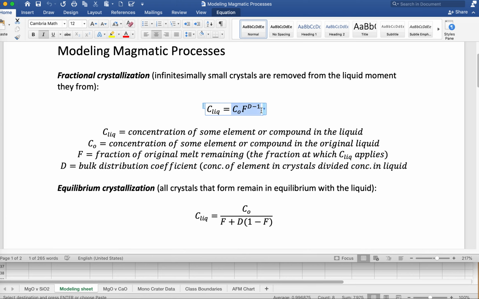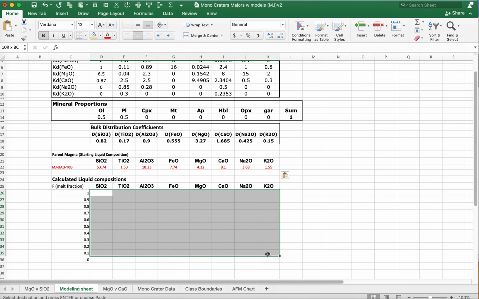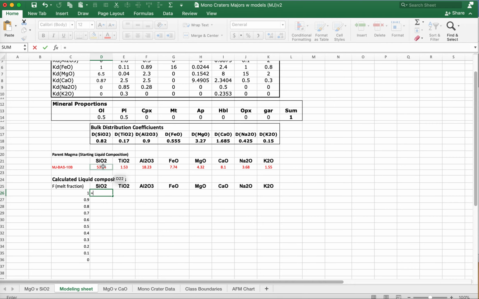Which is equal to that stuff. So it's this part here that we are interested in now. The product of C naught multiplied by F to the D minus 1. So let's go back to the sheet. We're going to calculate liquid compositions for all of these oxides, where the composition of the liquid is equal to C naught, that's this guy here, multiplied by F, that's this fellow here, raised to the power of D minus